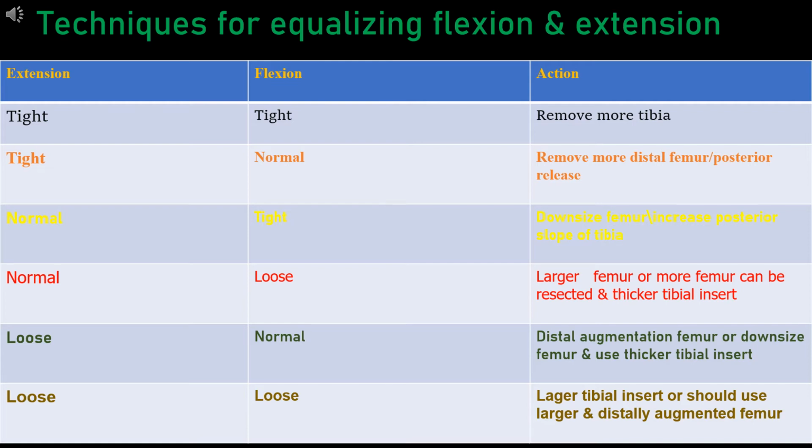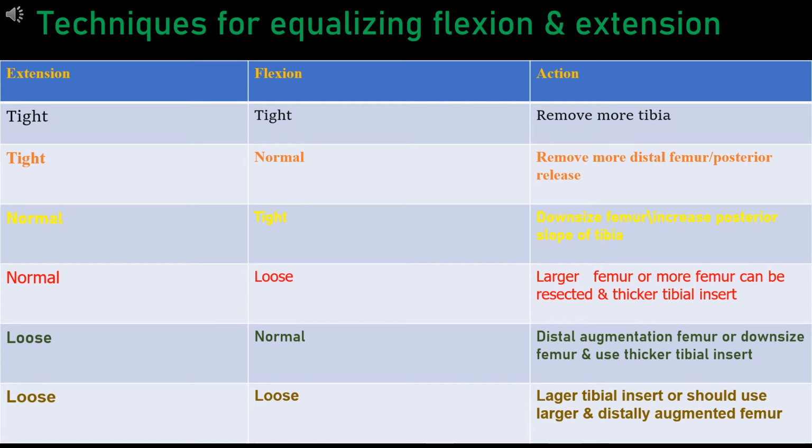If it is tight in extension and tight in flexion, remove more tibia. If it is tight in extension and flexion is normal, remove more distal femur and do a posterior release. If it is normal in extension and tight in flexion, then downsize the femur and increase the posterior slope of the tibia. If it is normal in extension and loose in flexion, then a larger femur can be used or more femur can be resected, and a thicker tibial